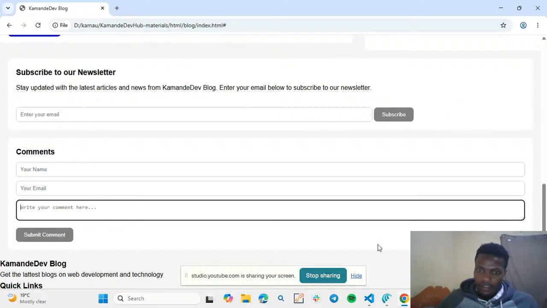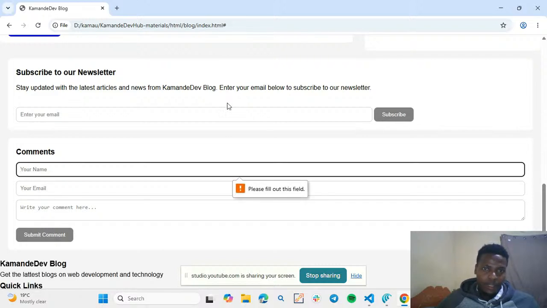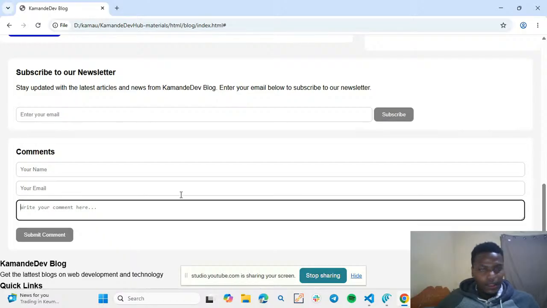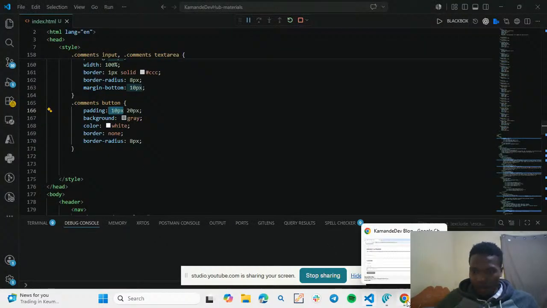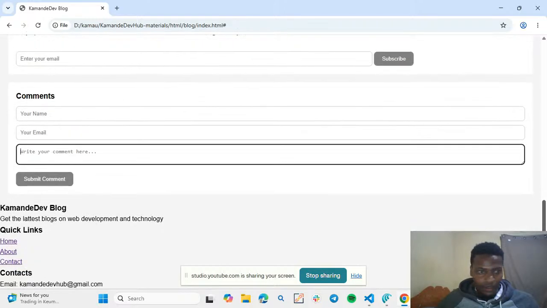We have the different input fields and the button. So we just styled the padding in the buttons and maybe the width. So now we can proceed to our